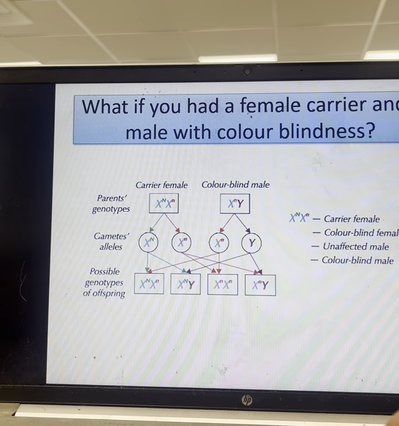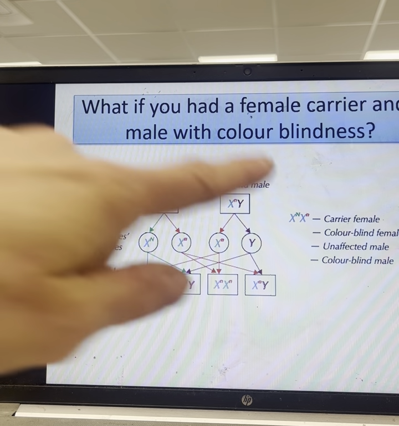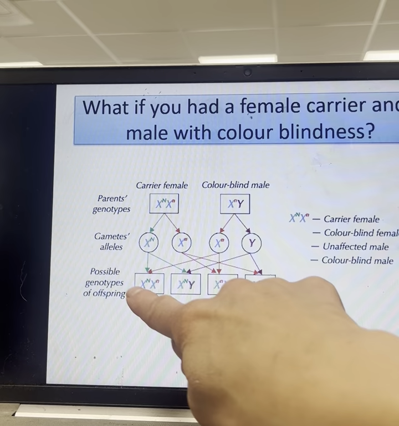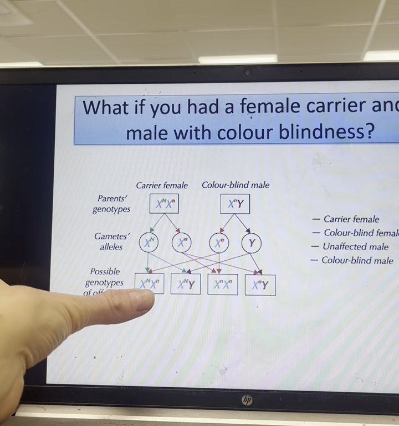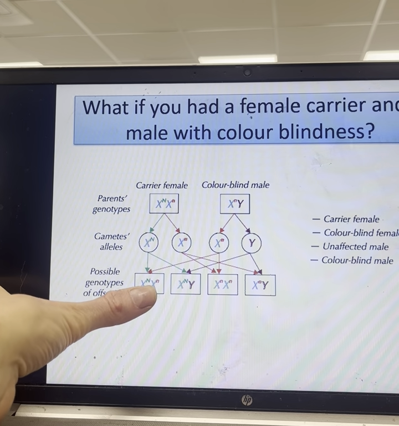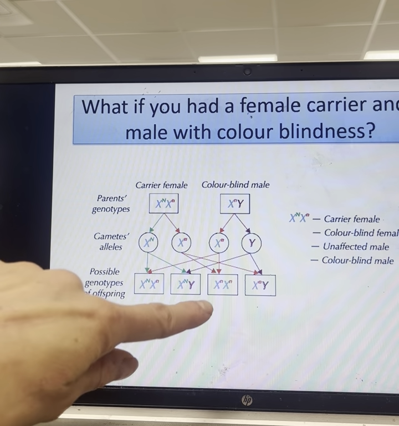The question will have asked, what is the chance that they're going to have a child with the disorder, or a son with the disorder? So make sure you always write a key. You could equally just draw a line off it and write or explain what these are. So here, XX, it's a female. She's going to be a carrier. That's heterozygous and she is unaffected, so no issues with eye colour. This next one here,